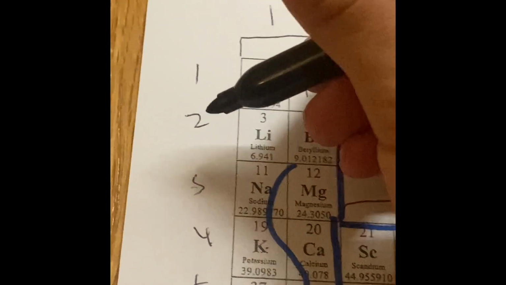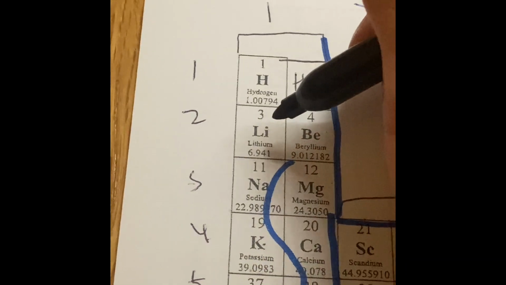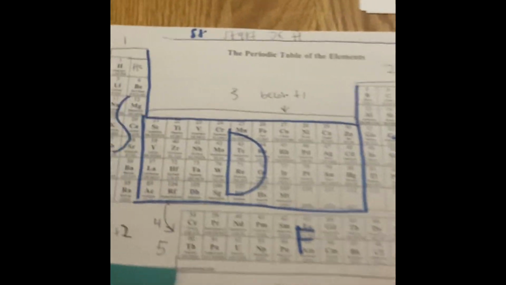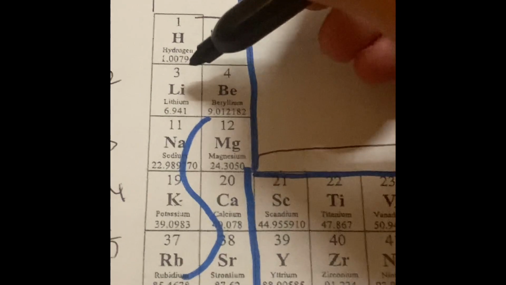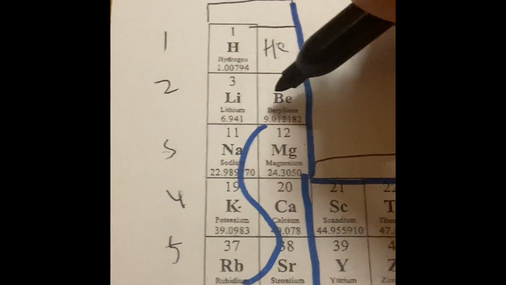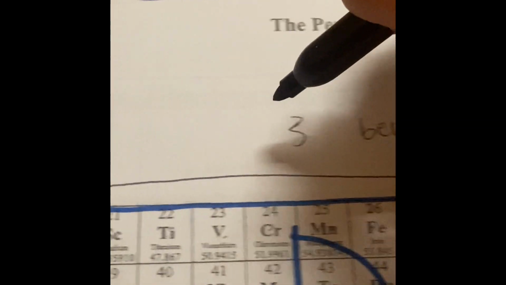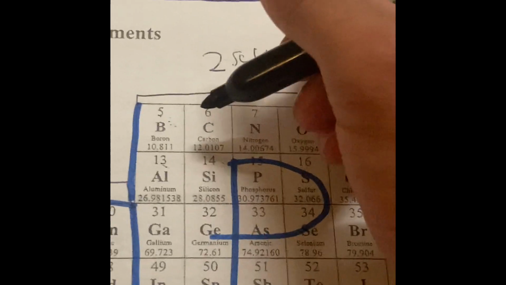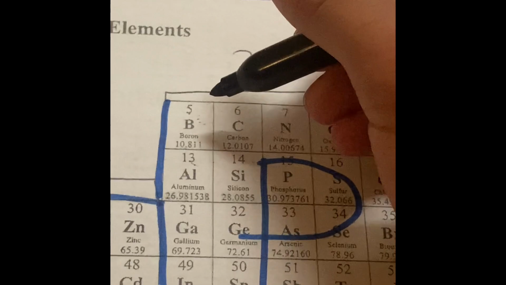So we're going to say 2s1, 2s2. But the problem is, we are no longer in the S block. If we continue on the row for number 2, we will eventually end in the P block. What? So we're going to say